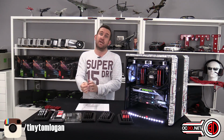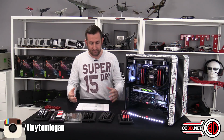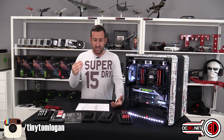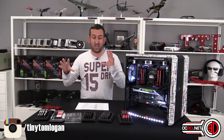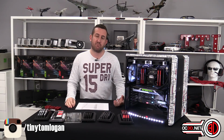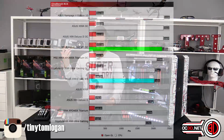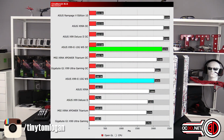4.4 and 3200 megahertz on my CPU is absolutely bob on, and you'll see it if you click through to the OC3D website. You'll see the plethora of other stuff actually performed quite well. When we look at Cinebench, and don't forget, I have said that we skirt around some of the tests that we do here, but there's a lot more information with all the graphs and stuff on the main OC3D website, so you can go and pick through it if you're interested in buying it. Although most people that moan that I don't put enough in the videos have no interest in buying them anyway. So with Cinebench, you can see when the graph pops up, the stock score was pretty much the top